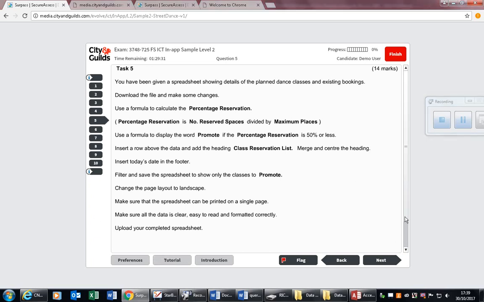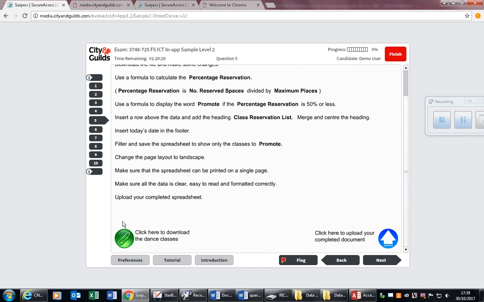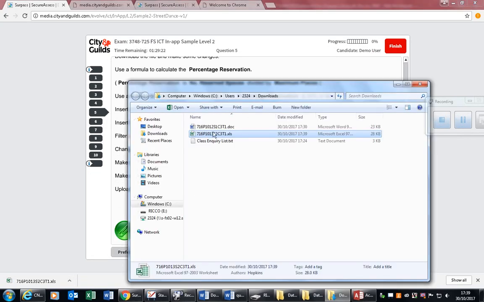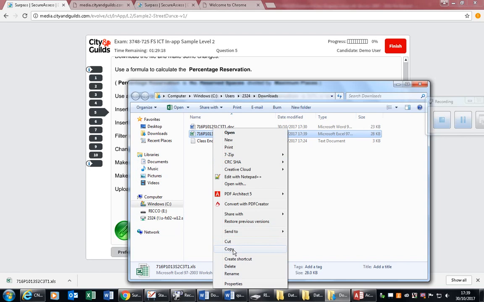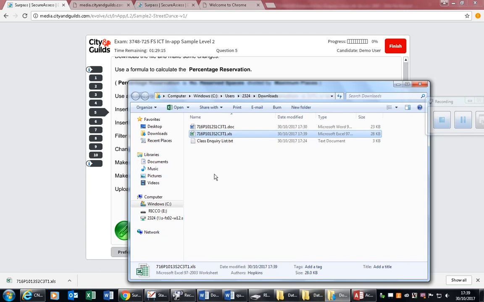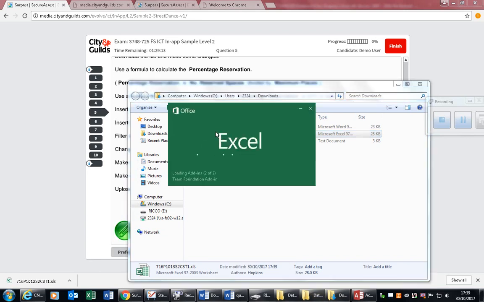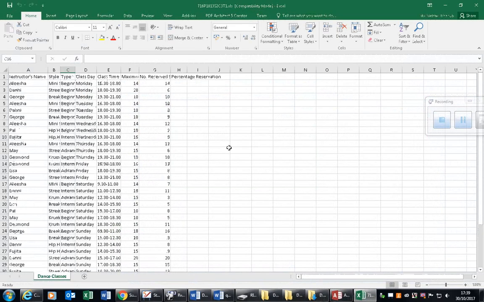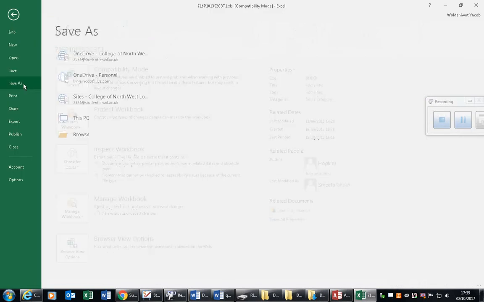You need to make sure you read everything properly. I'll copy the file, or maybe open it and then save it into the right place. It is class reservation list, so we will save it first into